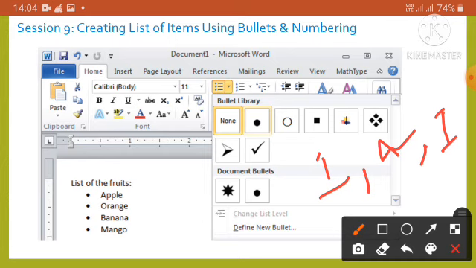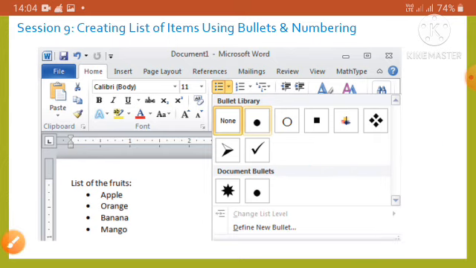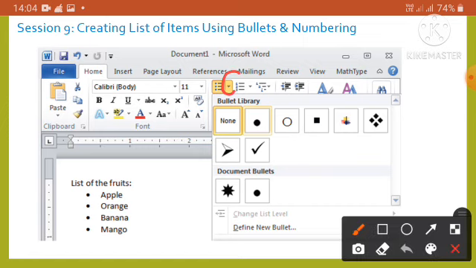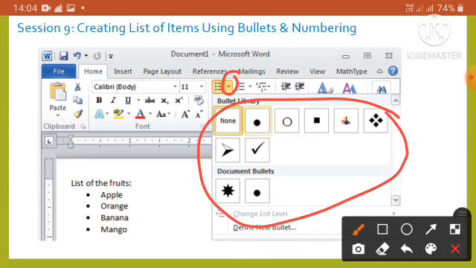Okay, so to create the bulleted list in a document, we need to select the text that we want to make the bulleted list, then click the down arrow of the bullets button under the paragraph group of the home tab. Now select the desired bullet format that we want for the bulleted list from the drop down list as shown here. Now the document appears with the bulleted list.